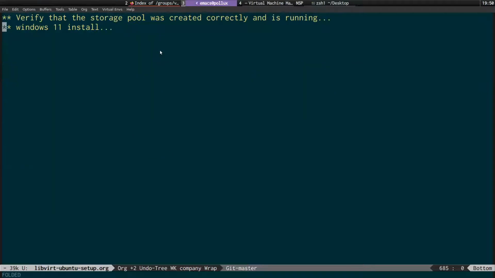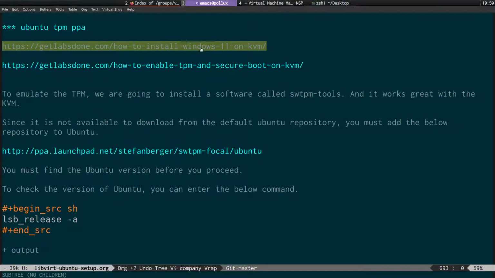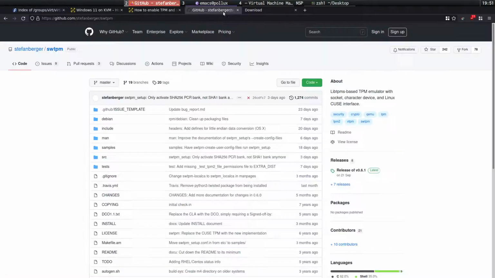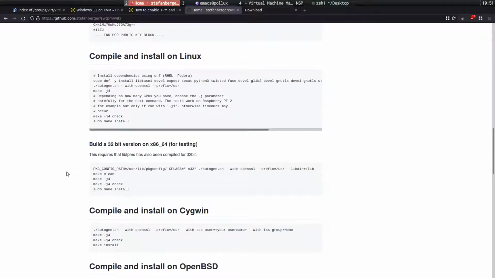So we're getting there. It takes a little while to go through all this. So the next step is we actually need to enable TPM on Ubuntu. I'm running Ubuntu 20.04, and we're going to be using a package called swtpm. And if we come across to the wiki over here, what we'll see, if I scroll down, there are